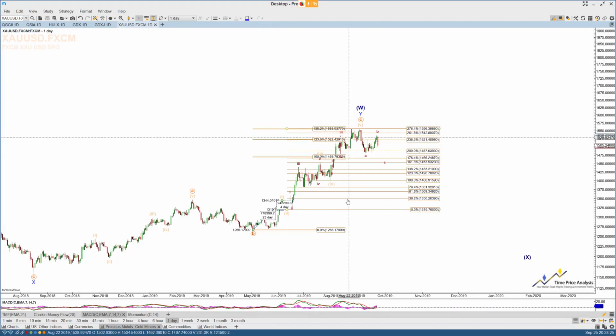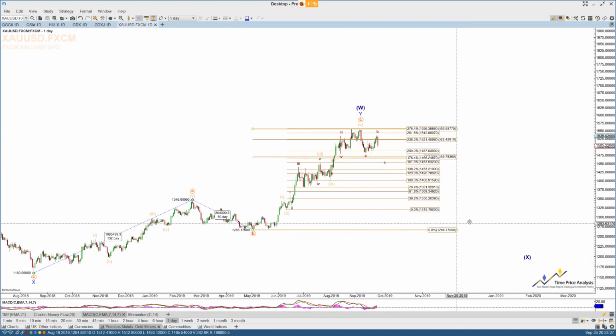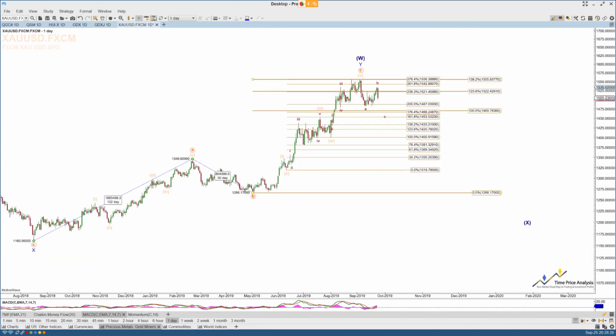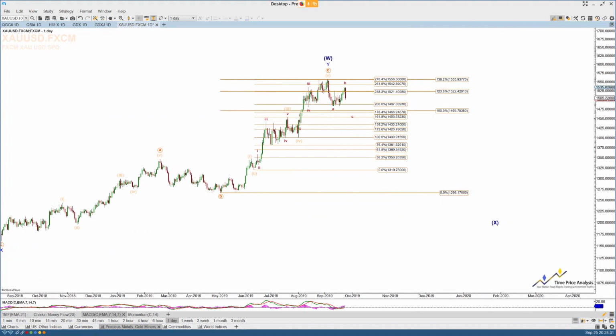Now, if I then just take this down the time frame, so this is the daily time frame for GC, and we got the A wave down in 5 waves as expected. We got this A, B, C back up. We came just shy of the target we had for it, and then this huge red candle today, which I think is part of a C wave lower, and it does project to below this 1.0 extension in GC. So if I then